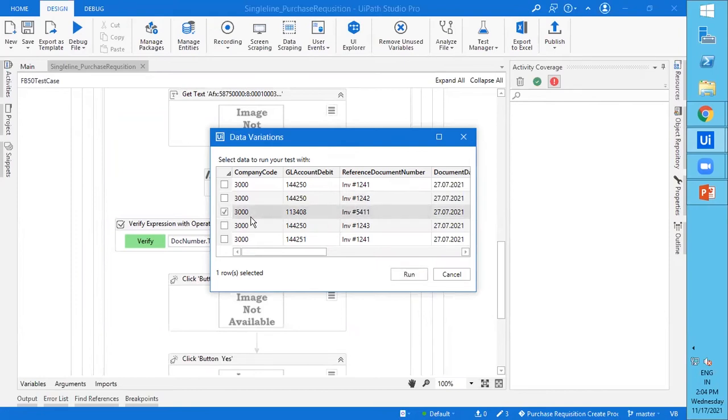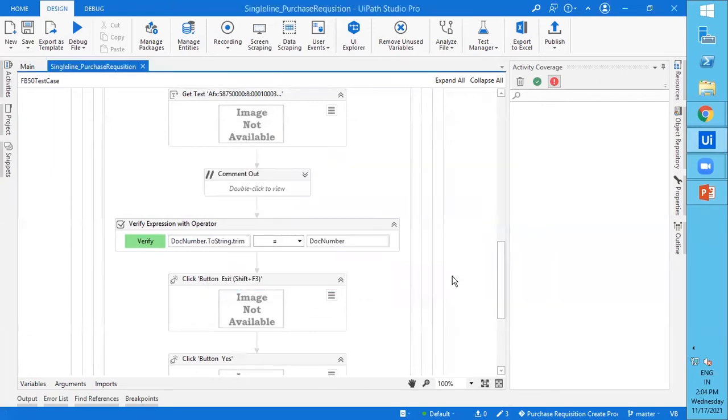If we want to execute only one test case, we can check this one. If we want to select all the test cases and execute them, we click here and execute all the test cases by clicking on run. So this is one of the ways to run the test cases. But in our case, we are working with the CI/CD tool. So now I'm canceling this one.